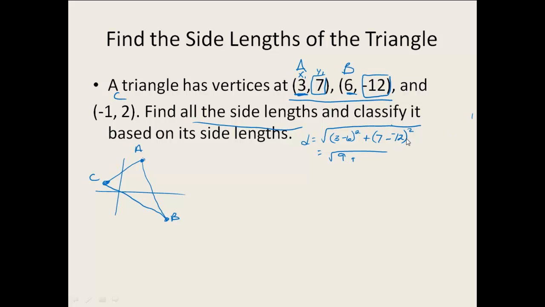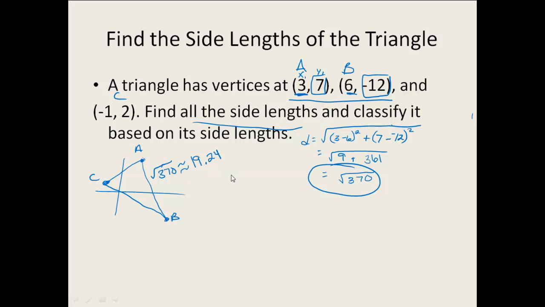7 minus negative 12 is 19. And 19 squared is 361. When I add those two together, I get the square root of 370. And then I want to check first to see if it's a perfect square. And it's not. Now I'm going to leave it as the square root of 370, but I'm also going to give the decimal approximation. It's about